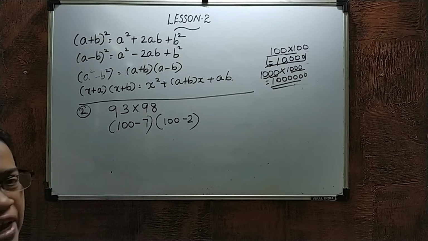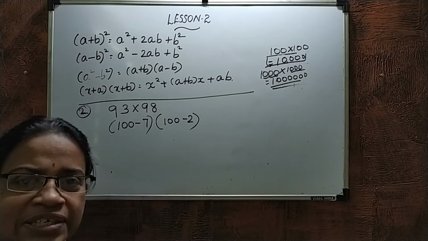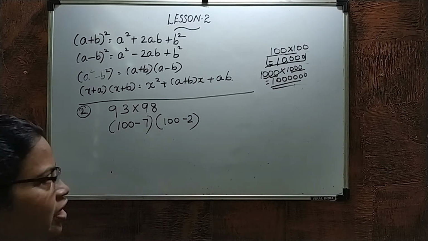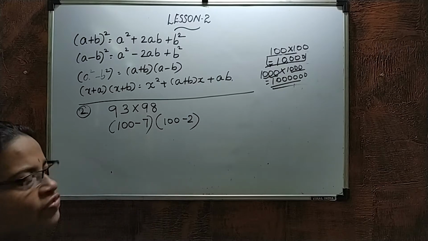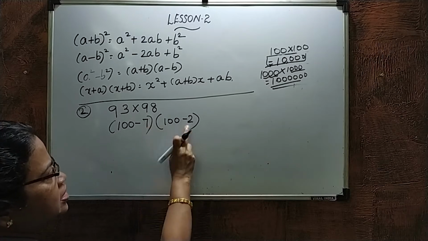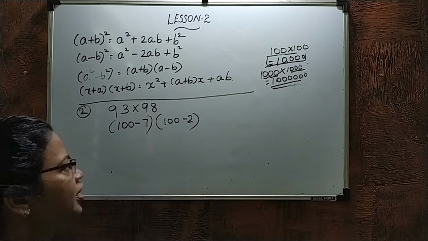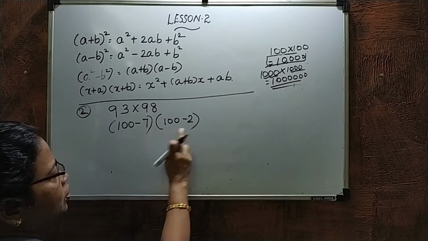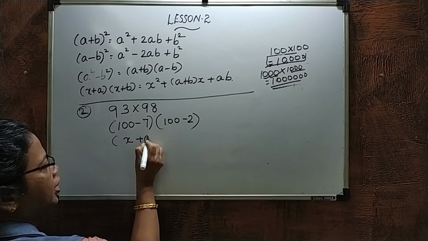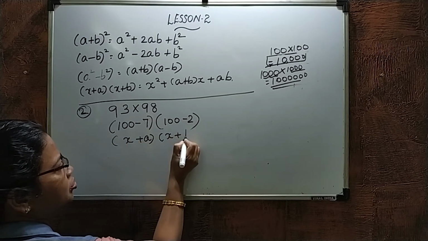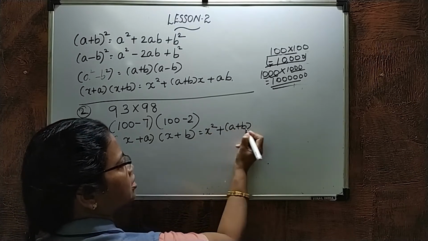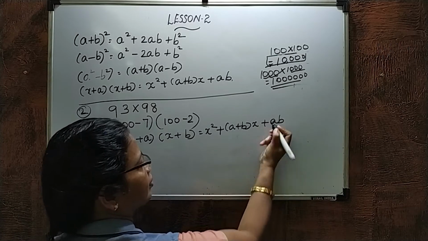Okay. Now if you take 90 plus 3 and 90 plus 8 also you will get the same answer. But which will be taking more time? That's why you are taking this easier method. Here also can you find out which identity? Here x and x same and here negative 7 is there, negative 2 is there. What can we say then? A is equal to negative 7, b is equal to negative 2 and x is equal to 100. Okay, we will use the identity (x plus a) into (x plus b) equals x square plus (a plus b) into x plus ab.